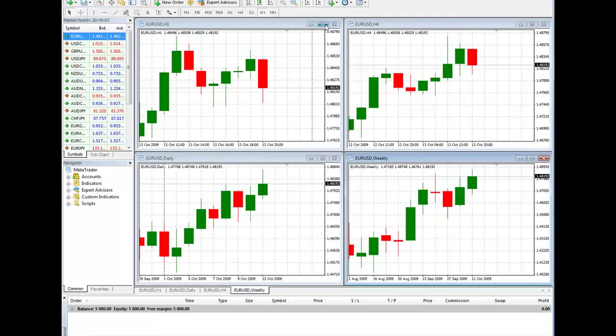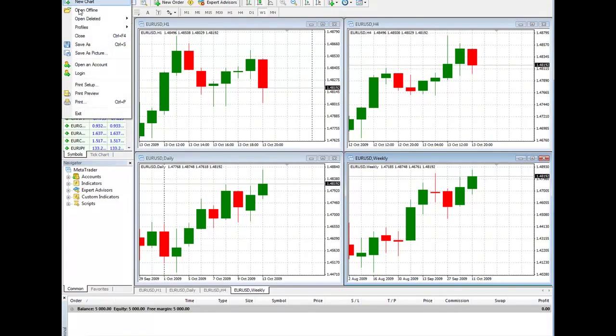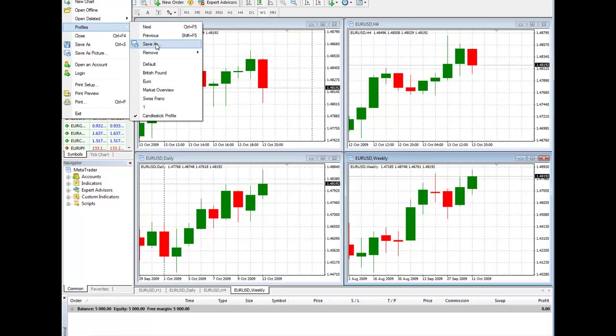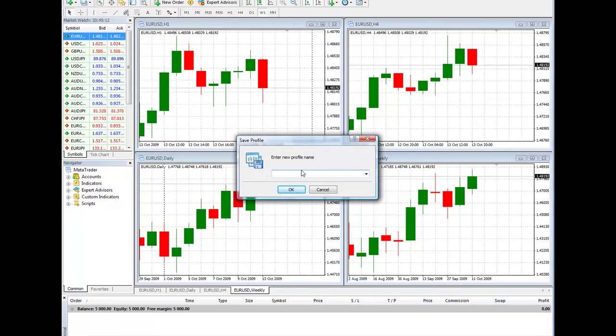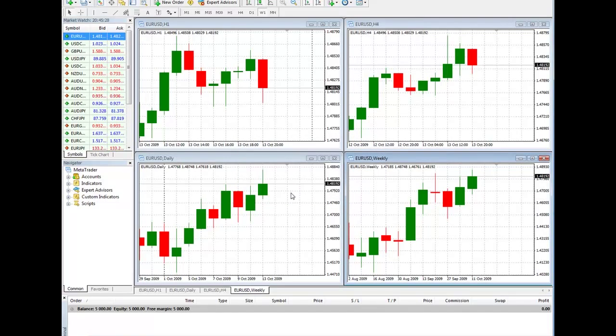So first thing I'm going to do is save the profile as Euro dollar US dollar profile 1. Okay, there we go. And we'll separate that so you can see that out. Okay, that's profile 1. Okay. All right. So here we go. Now